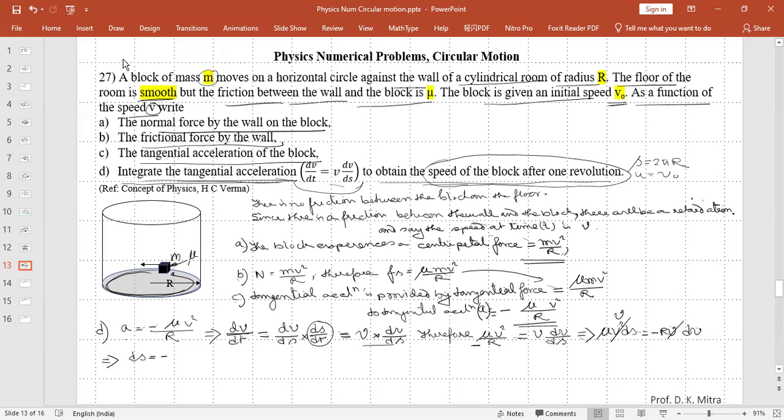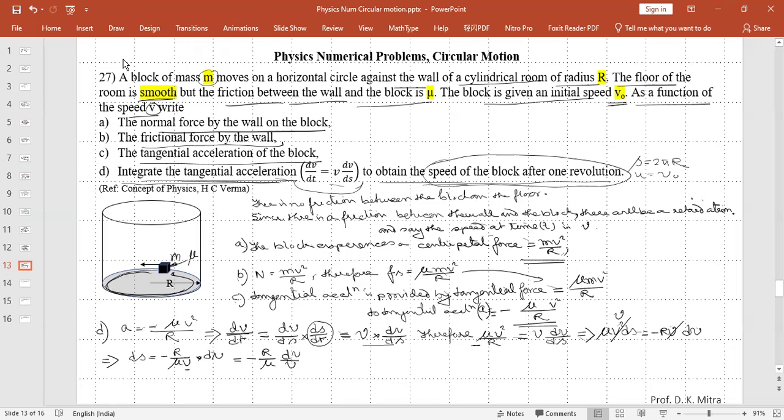So minus r by mu v in dv. Now, here it is dv and v is here. So we should write it this way, minus r by mu and dv by v, so that we can integrate it